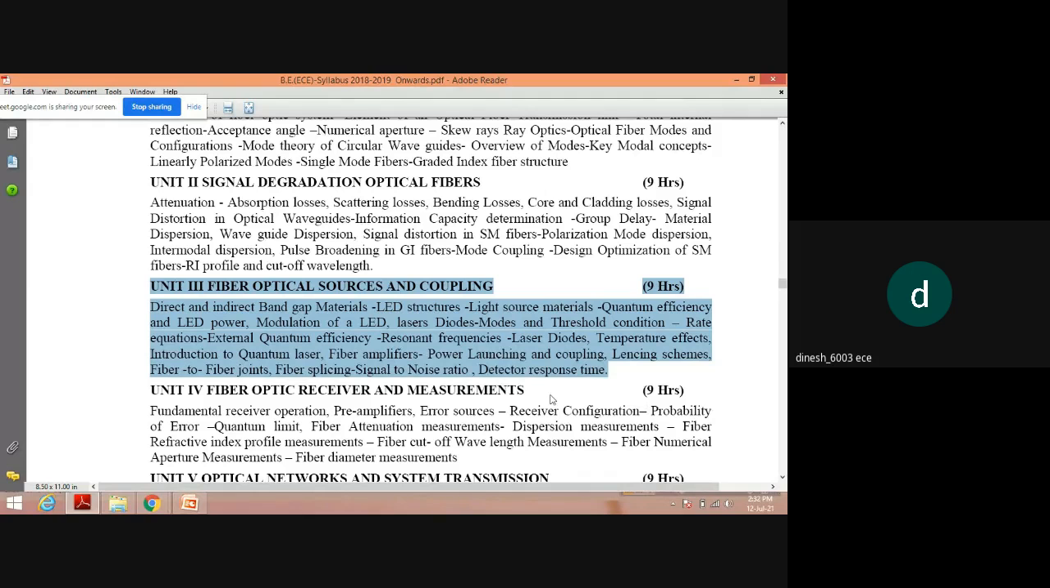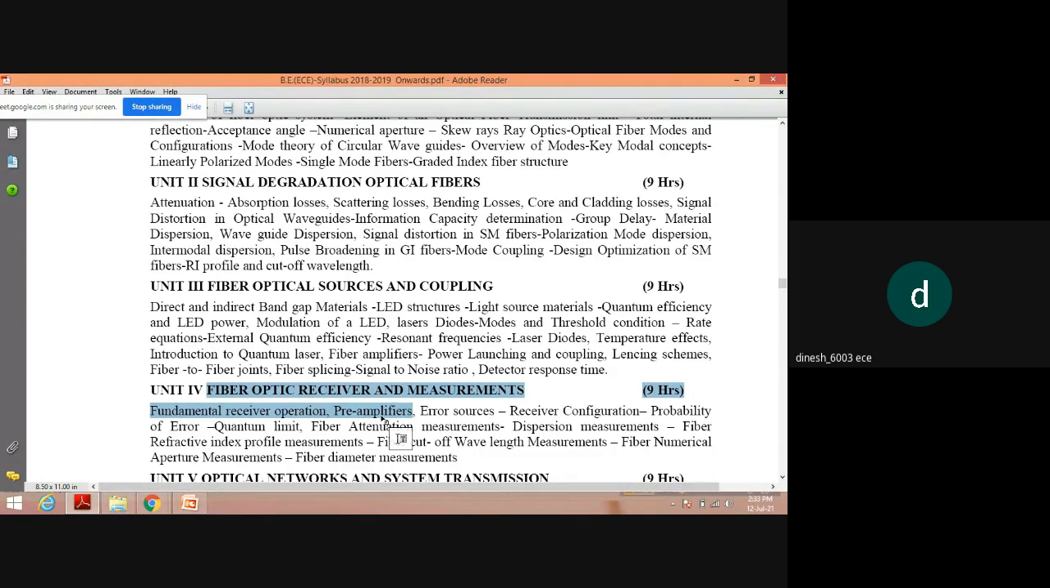In unit number 4, we will be seeing the fiber optic receiver. What is the fundamental receiver operation? How is it operated? What are the different types? How to receive a signal which is fiber optic in nature? How to convert it back into an electrical signal? Then pre-amplifiers, the error sources that are generated due to that, the probabilities of errors occurring,